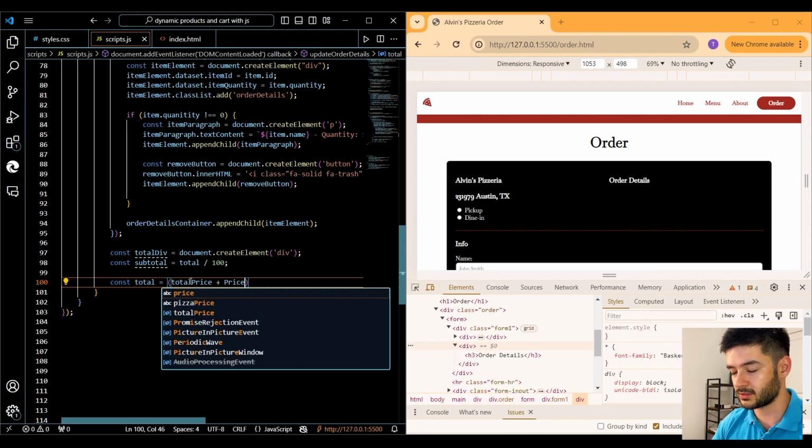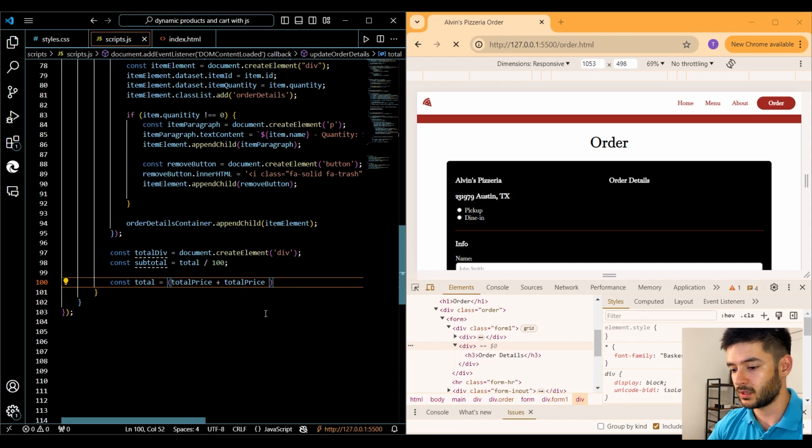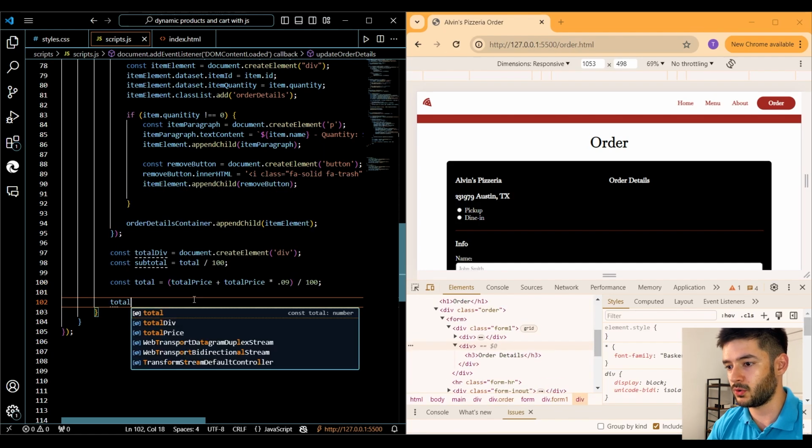So I'll go total price plus total price times 0.9%, which is a pretty average tax rate for most sales in the United States. And then once I'm done with that, I want to divide that by 100 to get the correct dollar format. And so our total